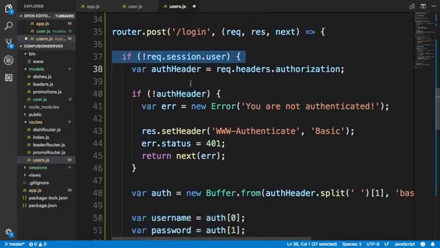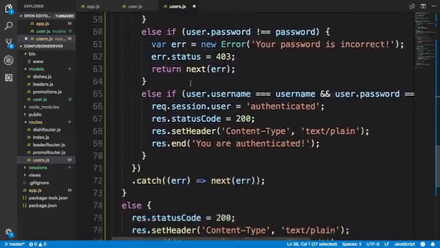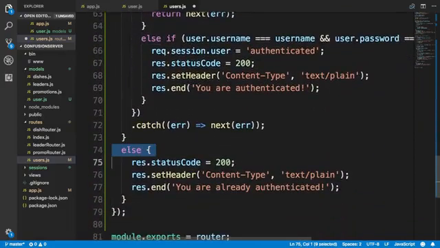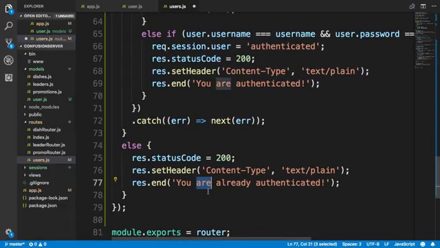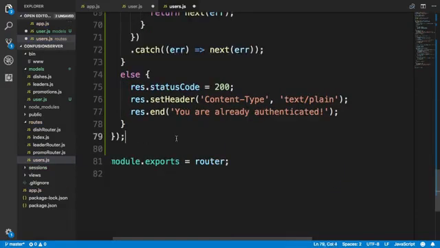which means that the user has already been authenticated. So when you reach this point, the user has already logged in earlier, so you don't need to verify. You'll simply say you're already authenticated and then finish off at this point. Okay, so now the last